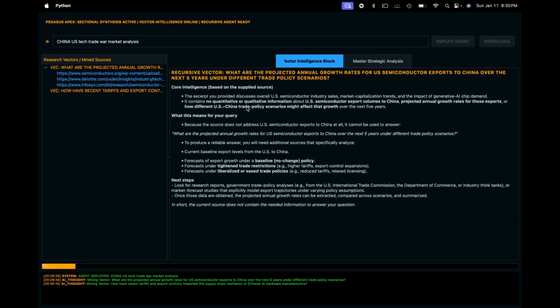As you can see, for the very first query, what are the projected annual growth rates for US semiconductor exports to China over the next 5 years under different trade policy scenarios, it generated its complete content. Similarly, it will perform for each and every query. This is just the vector intelligence blocks. After generating the intelligence block for each and every query, it will generate a complete master strategic analysis report, and